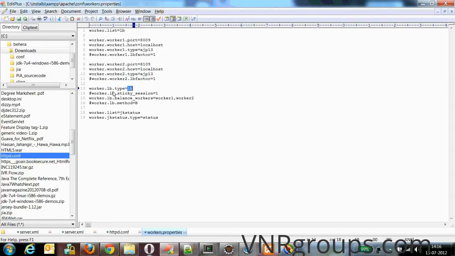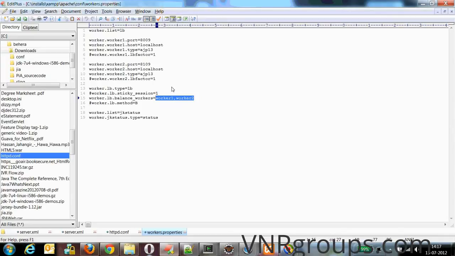Then this is the most important thing, where I say worker.loadbalancer.balance_workers. This is the entry where we specify the workers that will be responsible for this load balancing. If you have another entry over here, say three workers configured, and you have only two entries here, then only the two servers mentioned here will be available for load balancing.